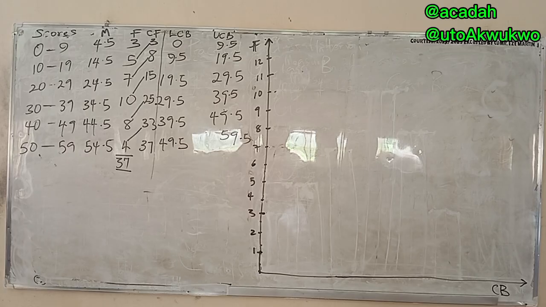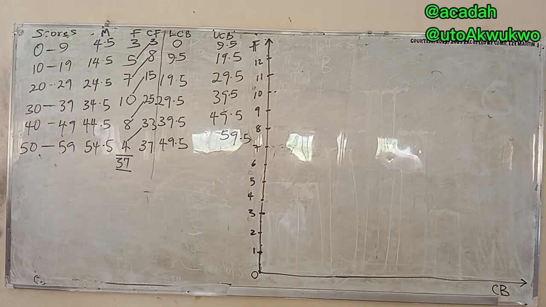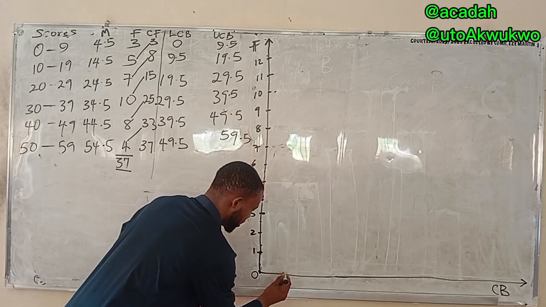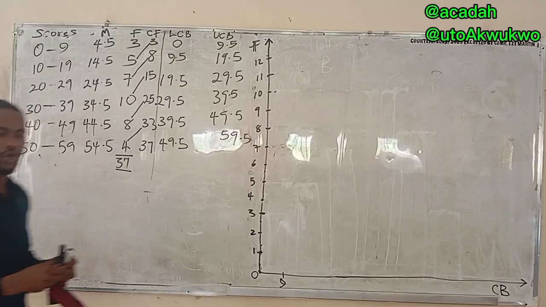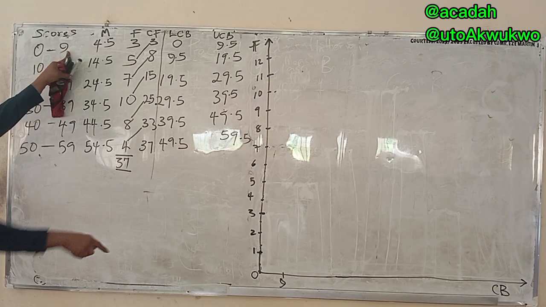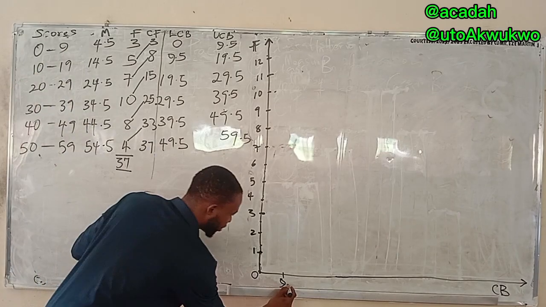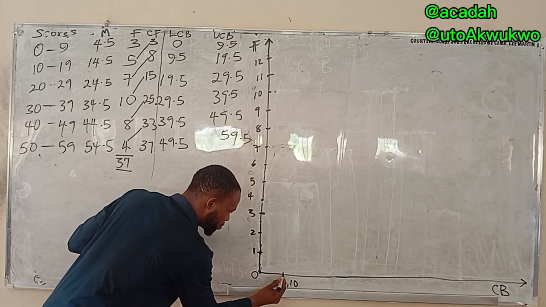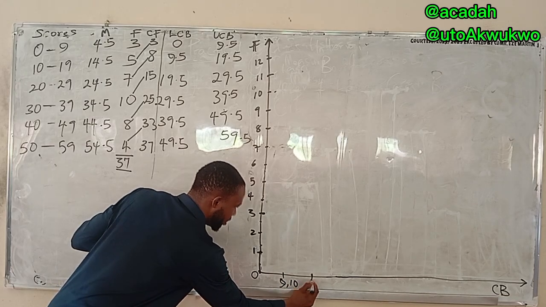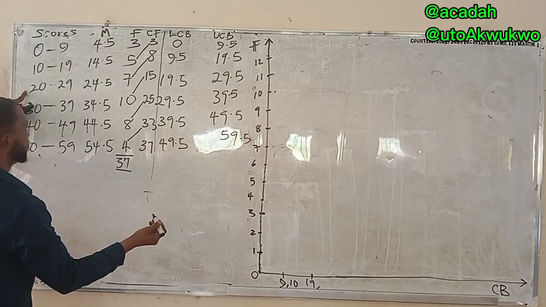Now, what do I mean by class boundary? If this is 0, what is my class boundary? 0 to 9. Just come and write 9. Now, how do you know that you don't have to do spacing? When you are writing this, write 9 here, 9 comma, the next limit is 10. So write 9 comma 10. You give the same amount of spacing you give here, then this will be your upper limit here, 19. You write 19 comma, this is 20.